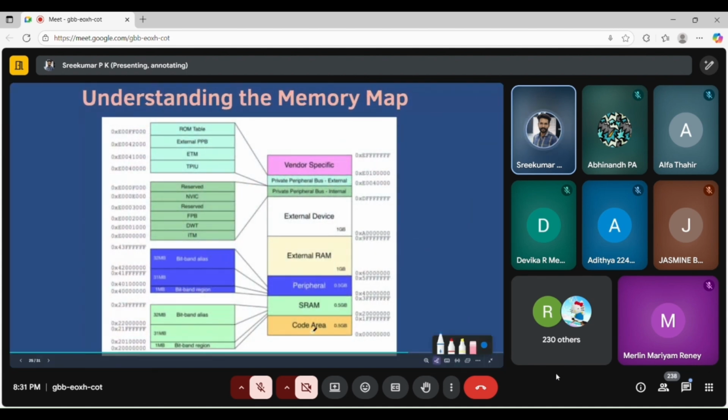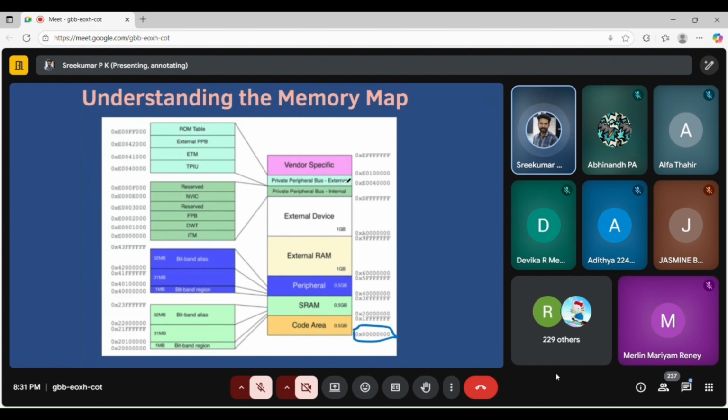Here you can see in the lower address, it is the code area, which belongs to flash memory. Then it comes to SRAM, then peripheral, then external RAM, then external devices, then a private peripheral bus, vendor specific information.